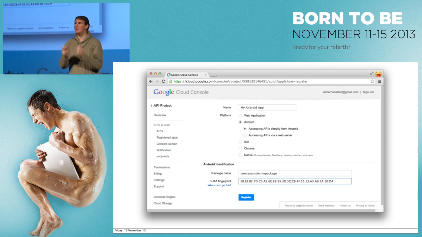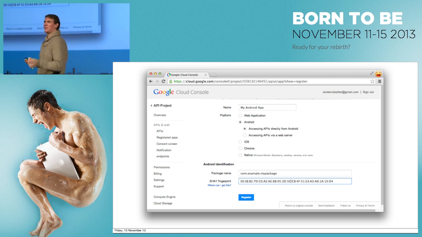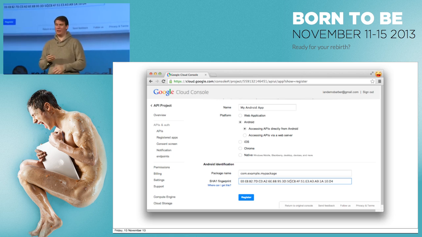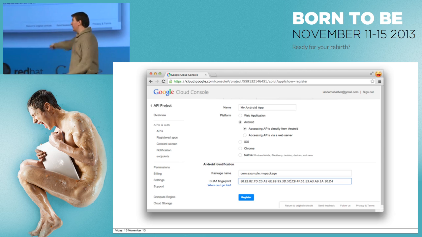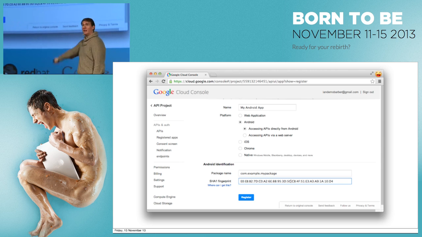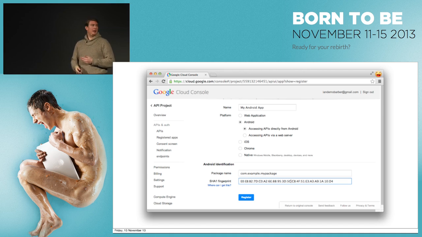It's really important to do both: one client ID for your debug fingerprint and one for your production one. I've seen at least one app almost go live without having a client ID, which would not have resulted in a good user experience. So be sure to add a separate client ID for your production key as well. This pairing has to be unique. So there can only be one client ID that has, oh dear.